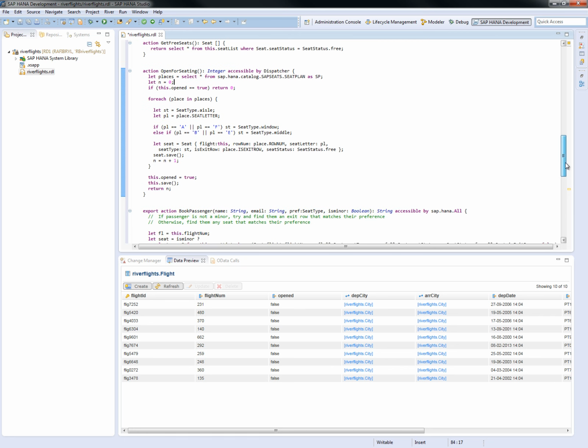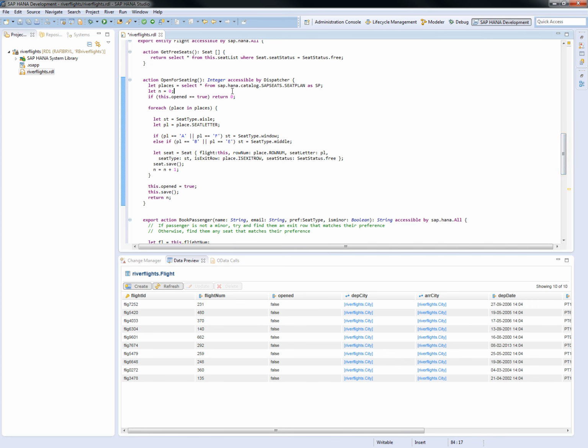If we look at some of the code that I've written here, one interesting aspect is that this particular action calls an external table within HANA. It accesses data from an external table. You can see here SAP HANA catalog SAP seats.cplan. Now this is in fact a table that exists in HANA. If I change this to 1,